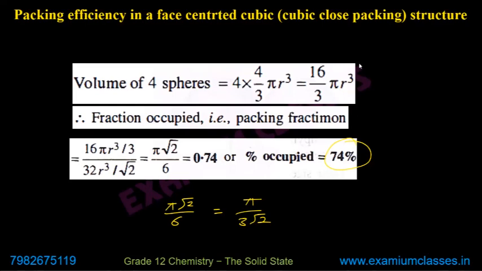Yes, sure. Asking in 1 mark. Correct. Any confusion? Let me know. So this is the volume of the atoms which are effectively present in the unit cell. That is 4 atoms. This is the volume of unit cell, A cube. So either you write 32 by root 2 R cube, it is the same thing as 16 root 2 R cube.